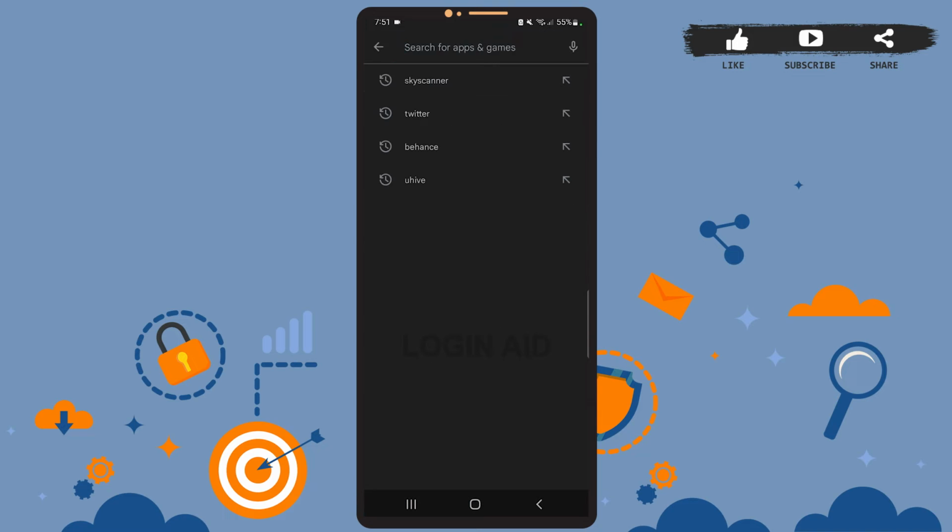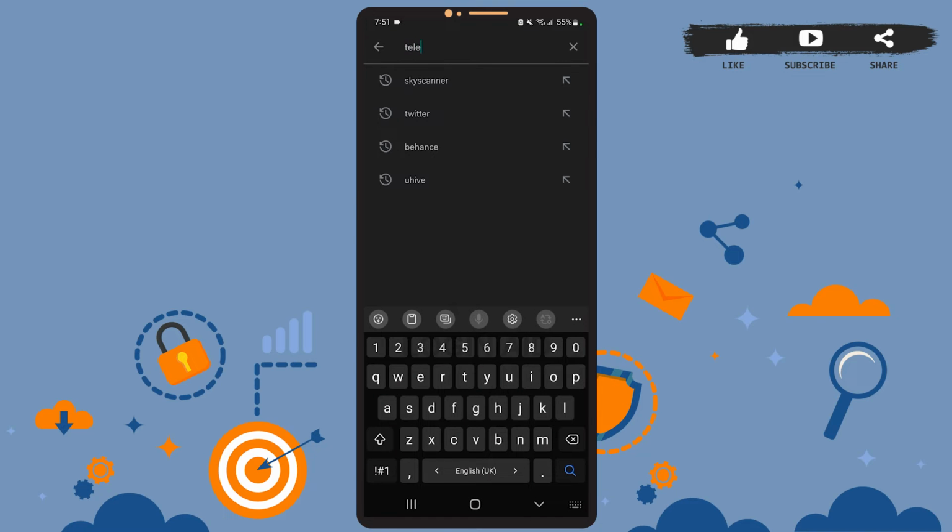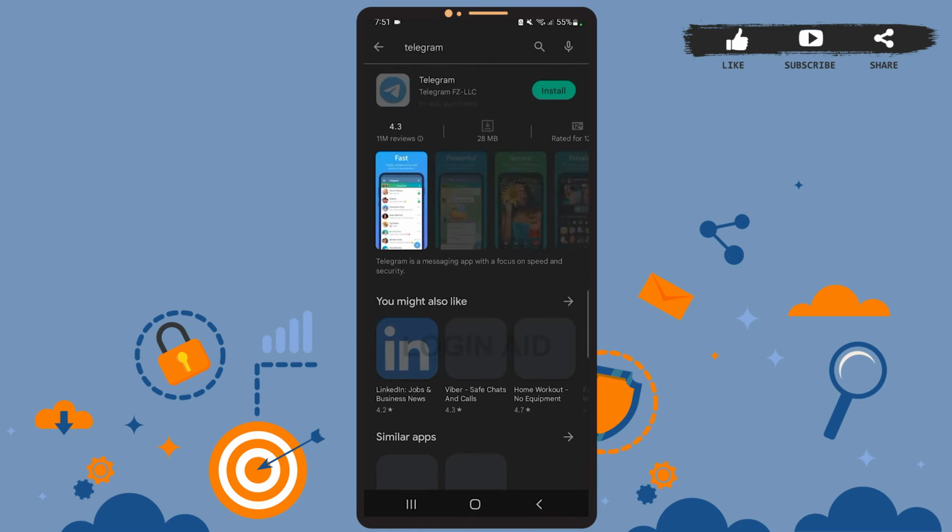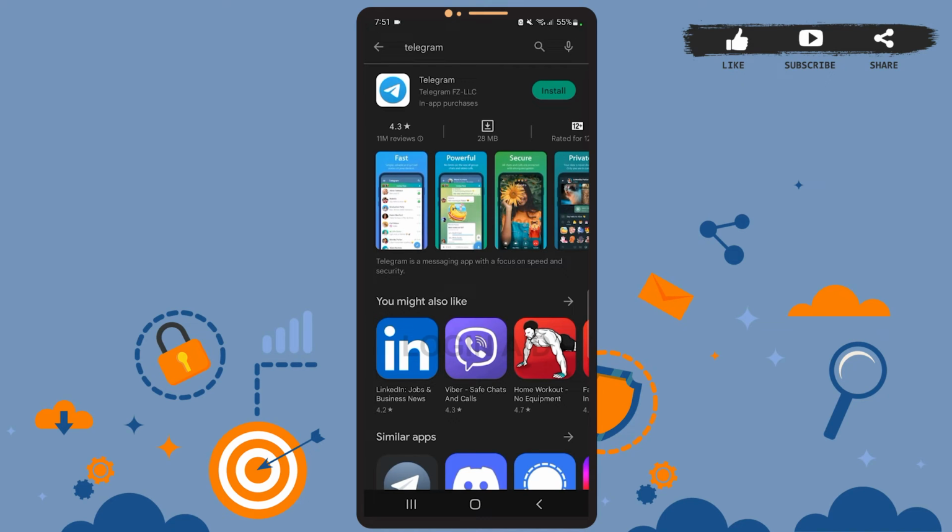Then on the search bar, simply type Telegram and press search. So this is the app we're looking for, the one at the top. Now all you have to do here is tap on the install option and wait for the app to get